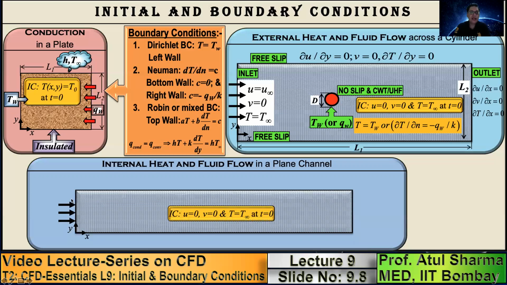The fluid is entering with certain constant velocity. Let us suppose flow in a channel, the fluid is stationary and suddenly you are switching on the pump. So from here, the fluid is entering with a constant velocity. Initially the fluid is stationary inside this channel, so the velocities are zero and the temperature of the fluid is ambient temperature, T infinity. This is the initial condition which gives you the first picture of your CFD simulation.